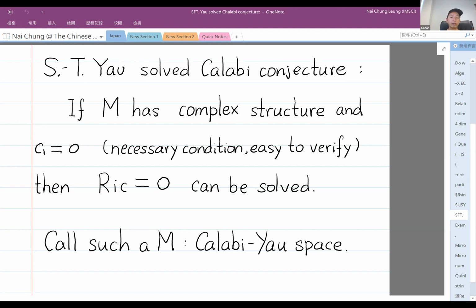And you solve the Einstein equation. So that's a very important result, both from a mathematics perspective, and also now, because of this relation with string theory, it plays an extremely important role in string theory and mirror symmetry. And nowadays it's called a Calabi-Yau manifold or Calabi-Yau space.